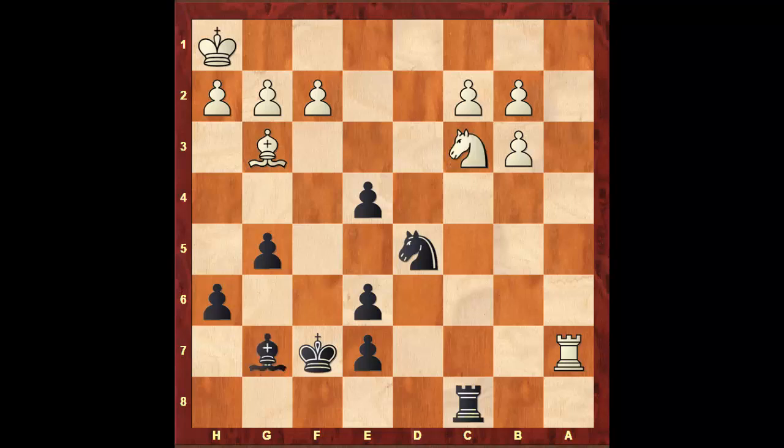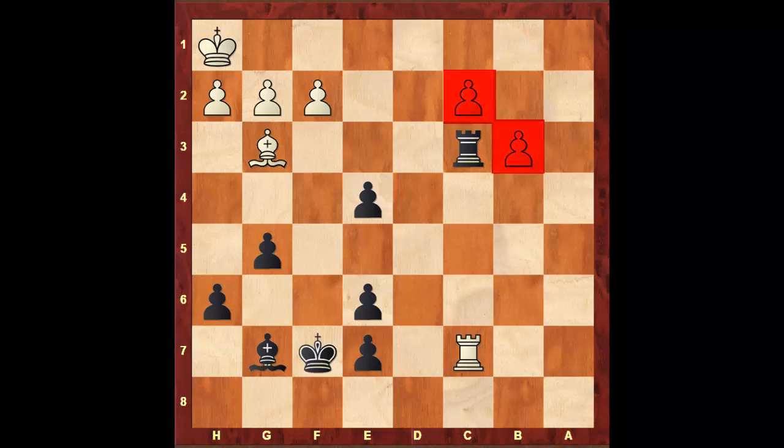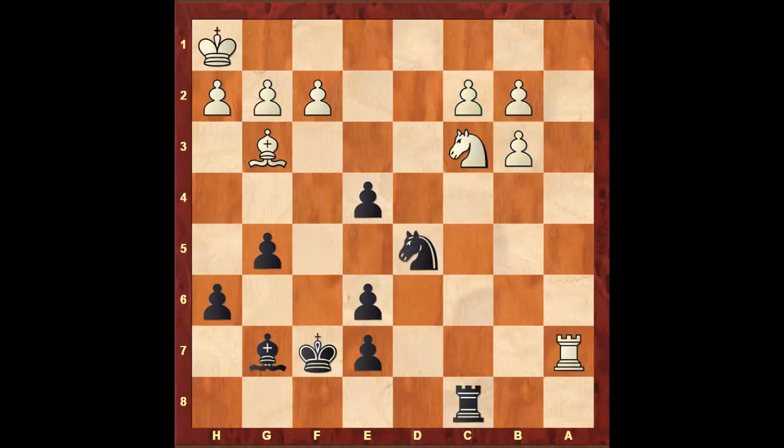Coming back, here black needs to be careful. Taking with the knight on c3 would be a mistake because after b takes c3, rook takes c3, white can play rook to c7 here, and black could be in trouble due to the connected passed pawns. So coming back, black responded correctly by taking with the bishop on c3, to which white responded with b takes